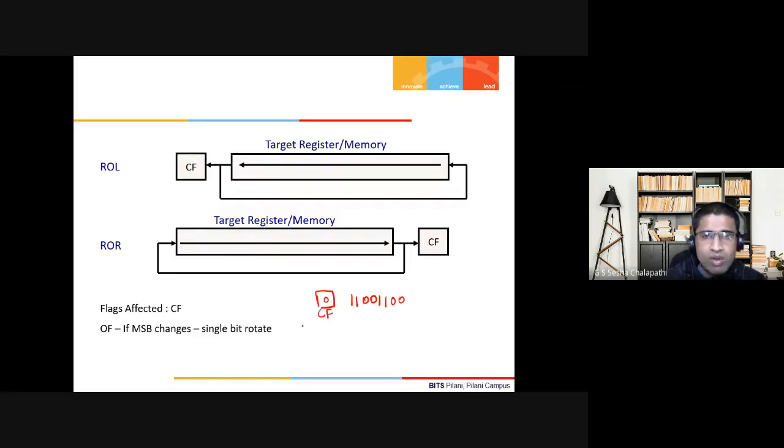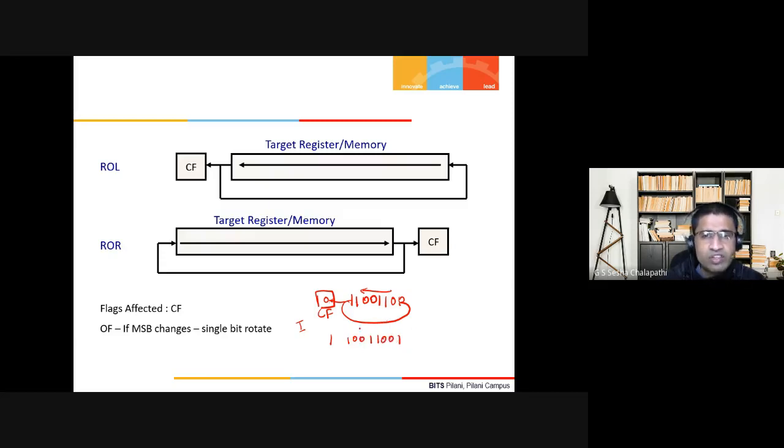So after one rotation, what will happen is this one will go into the carry flag, as well as into this side. As a result it will become 11001.